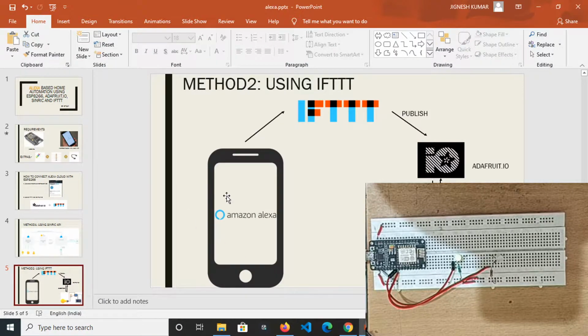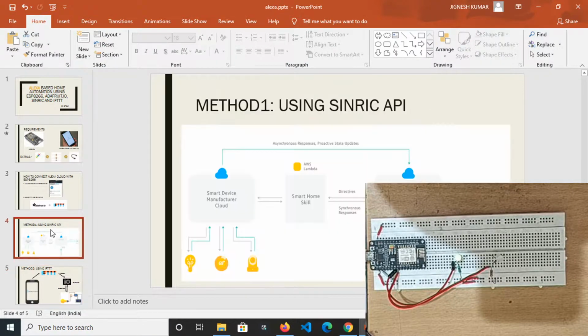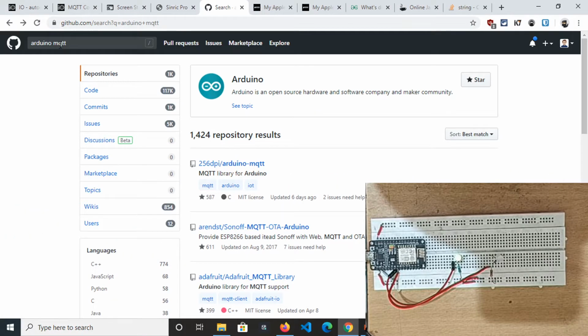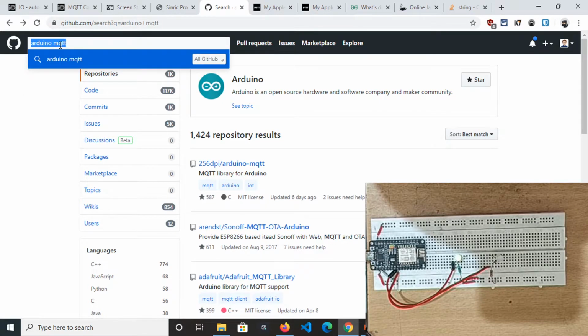The method 2 is now complete, and we will now discuss the first method, which is using Sinric API. Sinric is a very cool, very friendly API for connecting our NodeMCU to Alexa and controlling the devices through voice commands on the Alexa application.